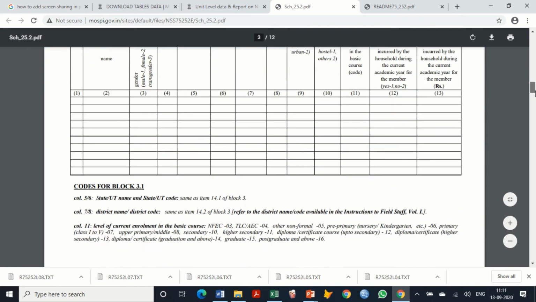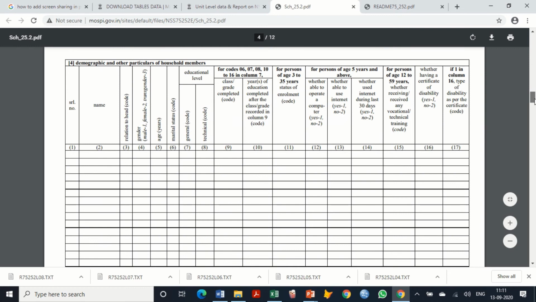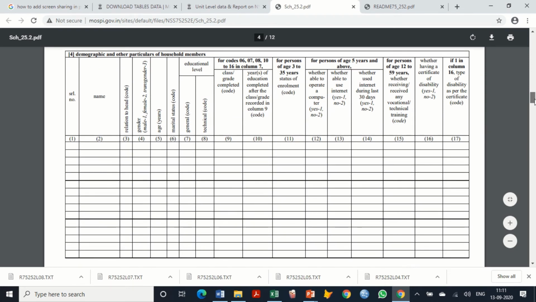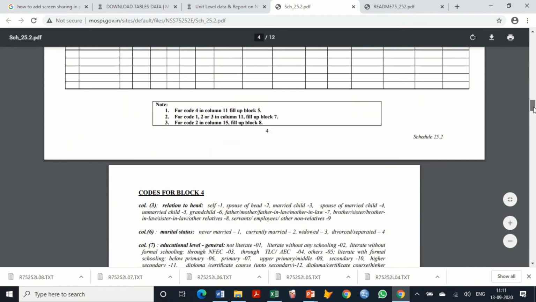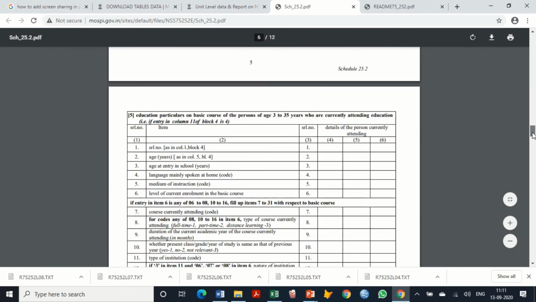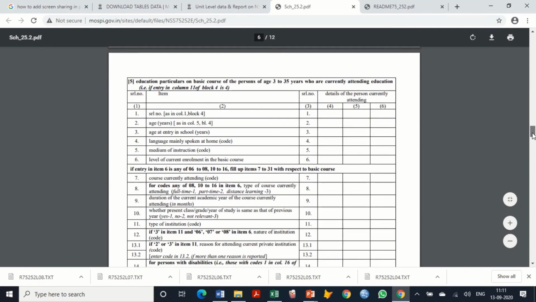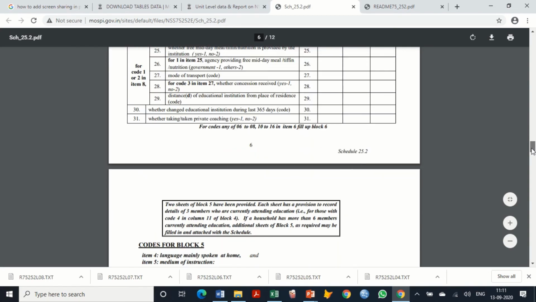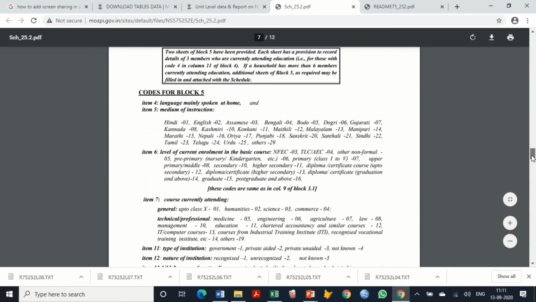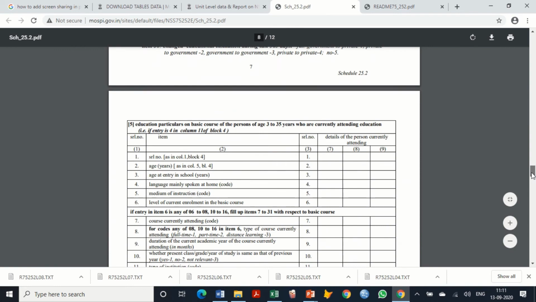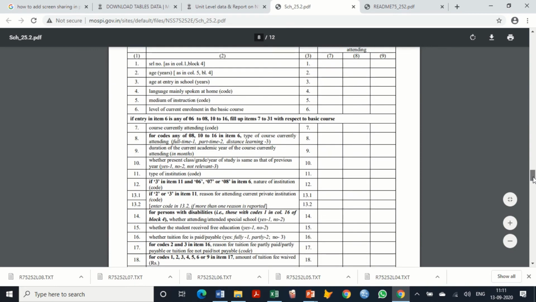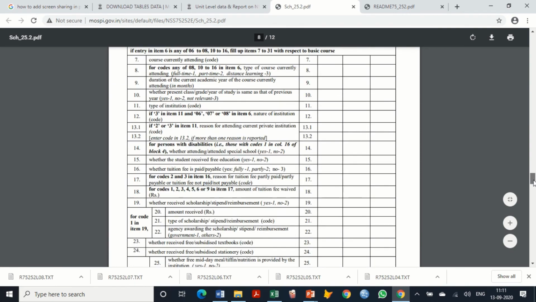Then this is block 4, demographic and other particulars of household members. So we will have person level basic data here, and then the education particulars on basic courses, then block 5 continuing on private tuition.